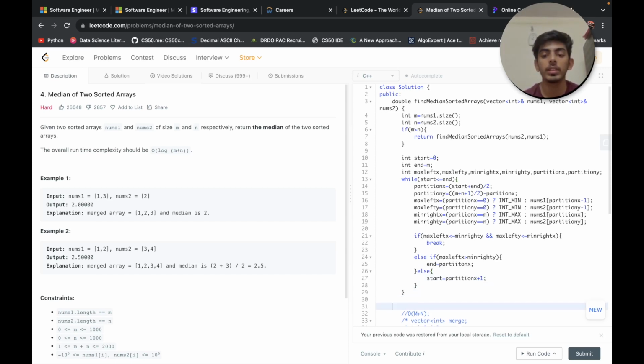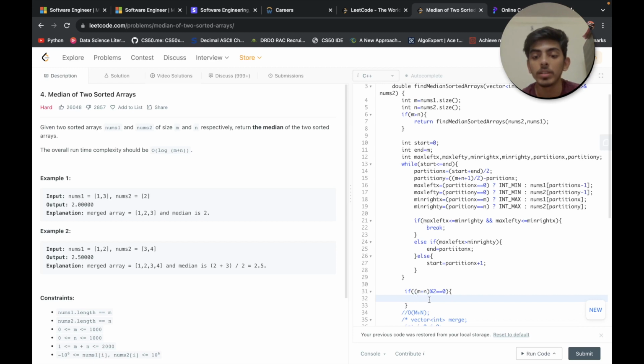After that, we'll simply check if m plus n modulo 2 equals 0, it means we have an even size of the merged array, right? So then what are we going to return?